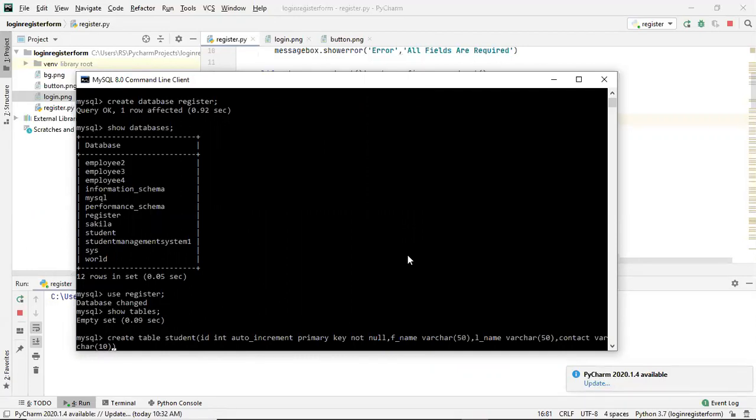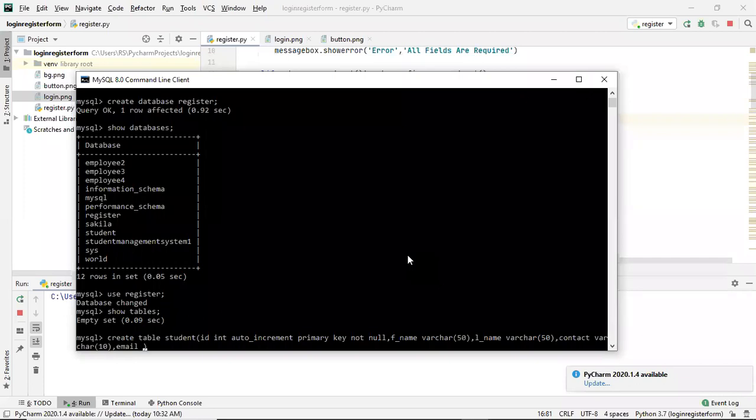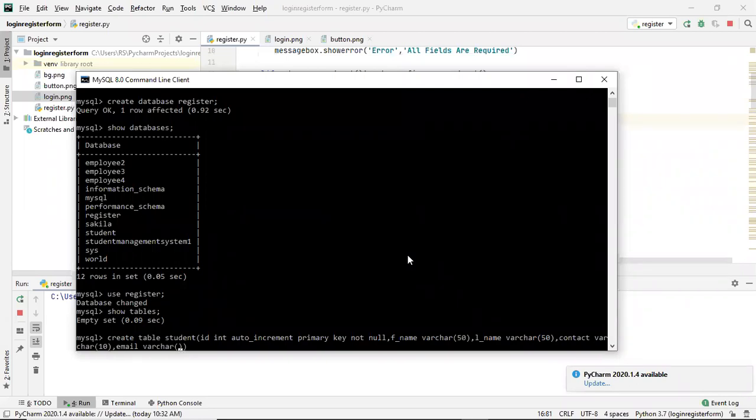Next thing, after contact we have email. So I have to create an email column also. Varchar, for email I'll give maybe 100 characters.